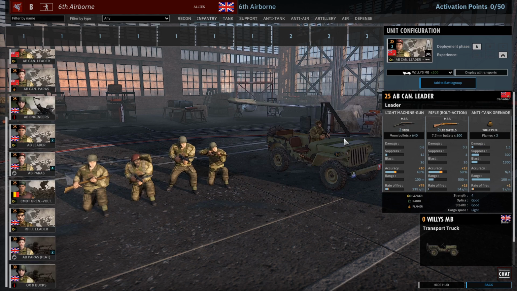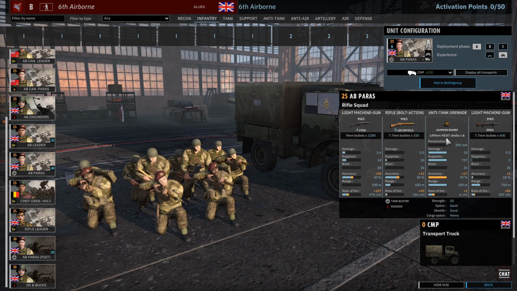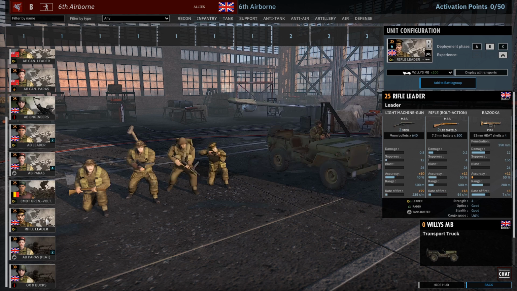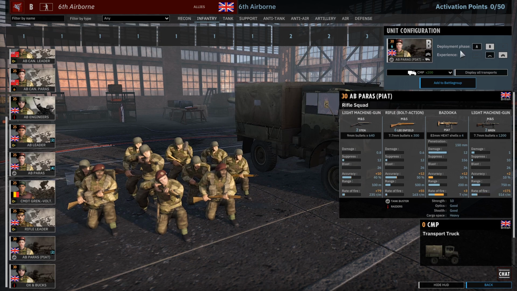We get Angry Bird Canadian leaders, Airborne Canadian leaders, we get Airborne Paras. I don't really want to go through all of them. A lot of them have very similar loadouts. We have basically Belgium leaders, although you've got to be careful here because that says CMDT, so you could get confused thinking that was the commander or the commandant, but they aren't. They are just leaders. They get the Piat and the smoke grenades. These could be quite good with those smoke grenades, but then you get the rifle leaders from the British. You get the Airborne Paras with those Piats, 10-man squads this time with the Piat,